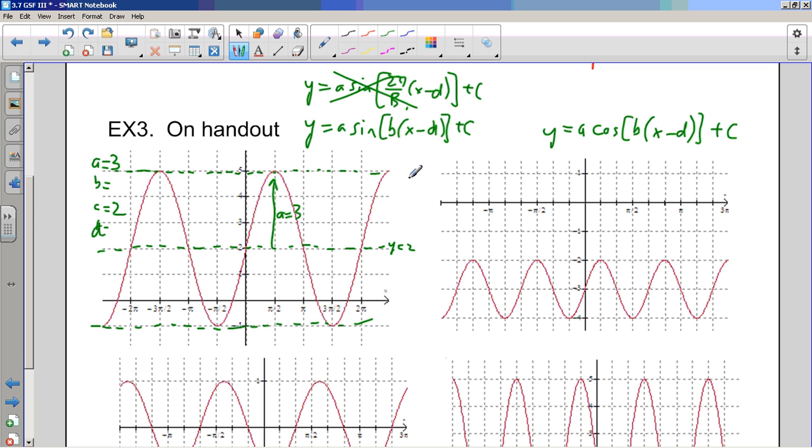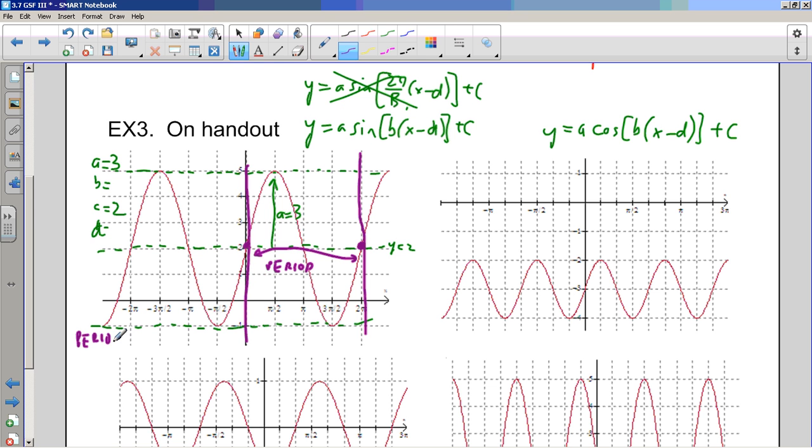Now, for the period, I want to look for when the graph starts repeating. Well, where is one period of this graph? Where does it start repeating? Well, it starts here, ends here, and starts repeating there. So this distance is the period, right? That's the period. And what distance is that? Well, it's 2 pi, right? So the period,